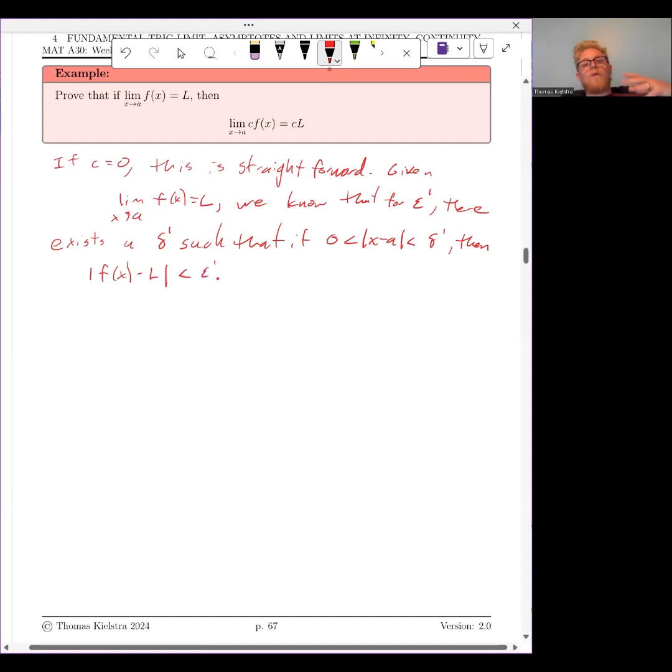So no matter what epsilon prime is, there exists a delta prime such that this is true. Okay. Using this,